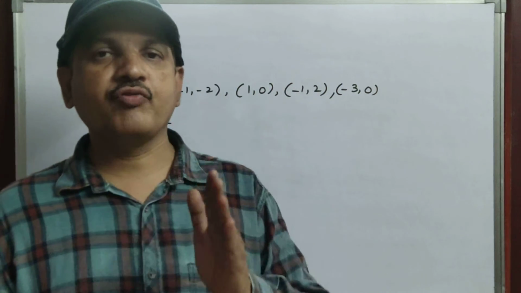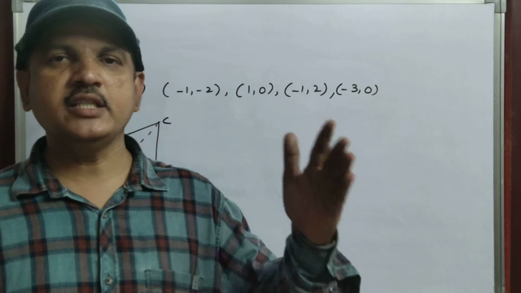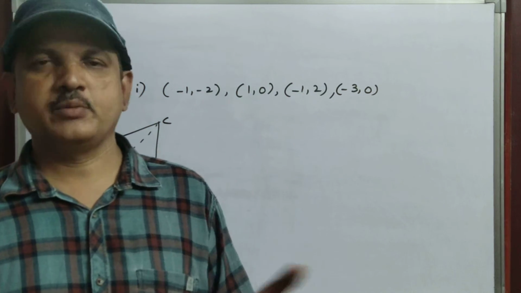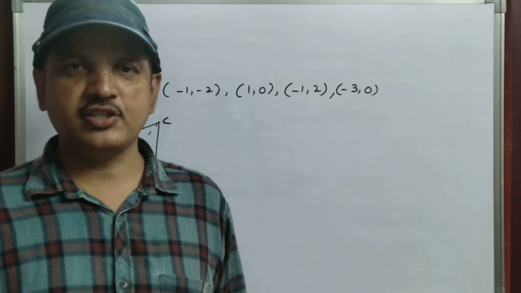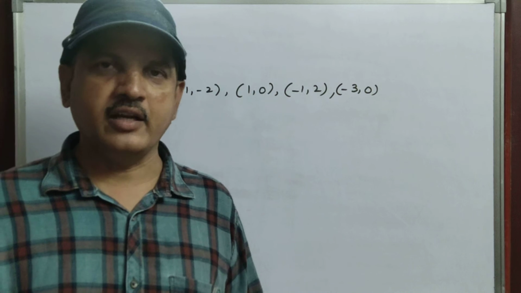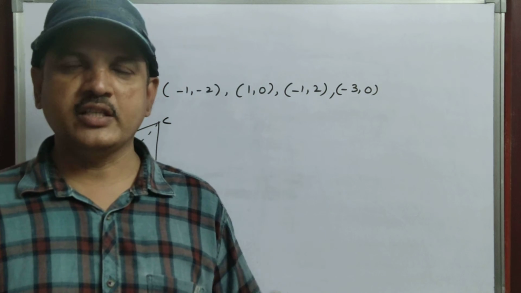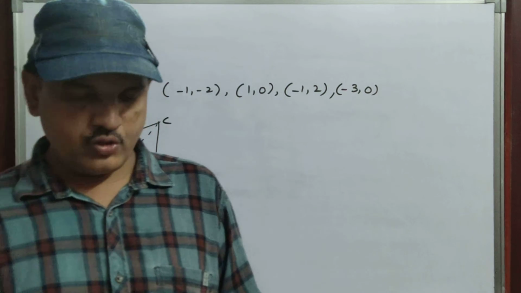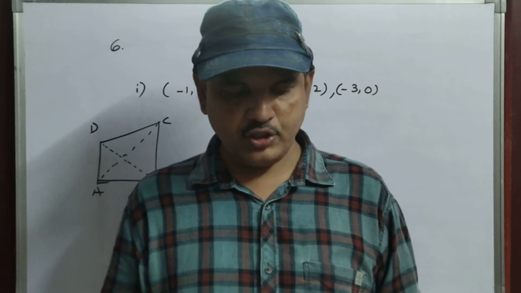But without finding the distance of AB, BC, CD, DA and the distance of AC and BD, don't ask me, because you have to do that calculation part. Because if I do it, you simply copy. What is there in that? You have to do your own. That simplification should be done by yourself only. Okay, so that is the 6th question.